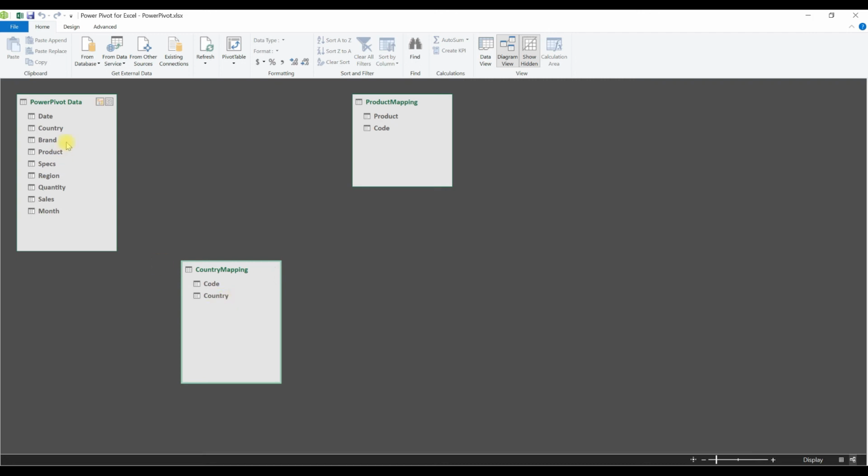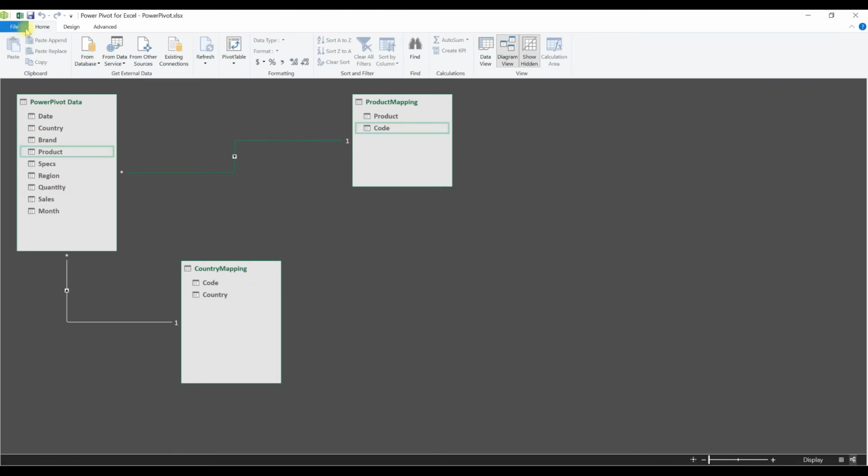So let's pull the country. Here we have country code. Pull the country and drag it and leave it on the code. So these two are connected. Similarly for product, click the product, drag it and leave it on the product code. So now all the 3 tables are connected.